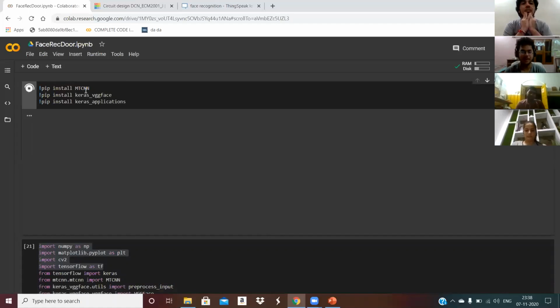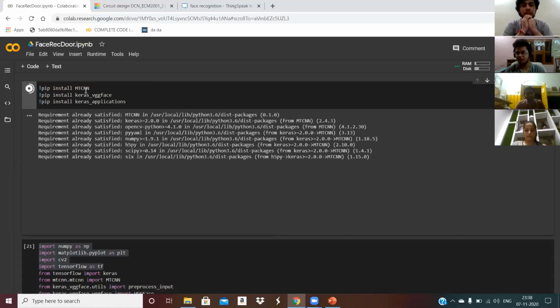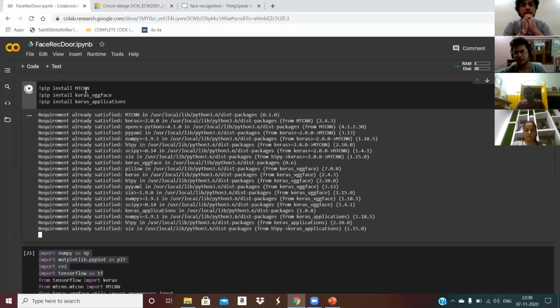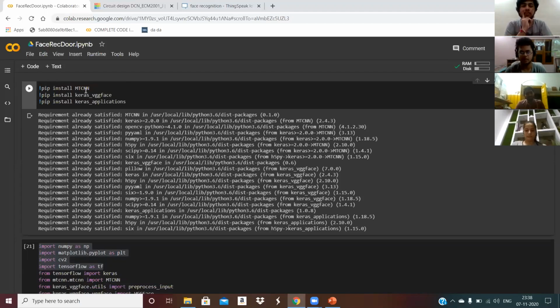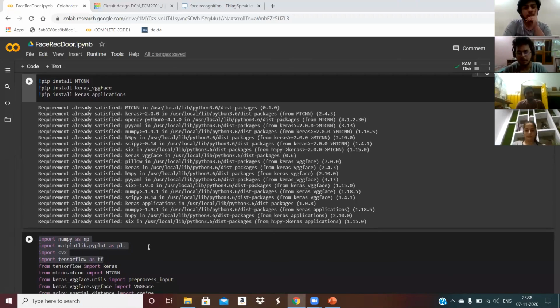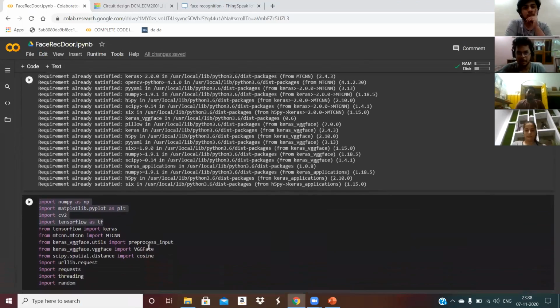So thank you, Niket. So now we're moving to defining the machine learning algorithm and how it works. First of all, we're using Google Colab. Why are we using it? Because Google Colab has many embedded software inside it. You just have to call the application and use it in your code in order to get a perfect result. As you can see, we have installed different applications, Keras face and Keras applications, in order to sense the face and provide the output. We'll use some different libraries, which are NumPy, Matplotlib and TensorFlow.